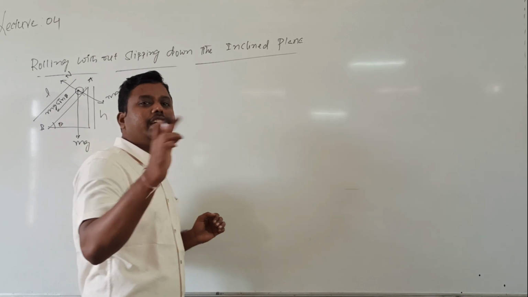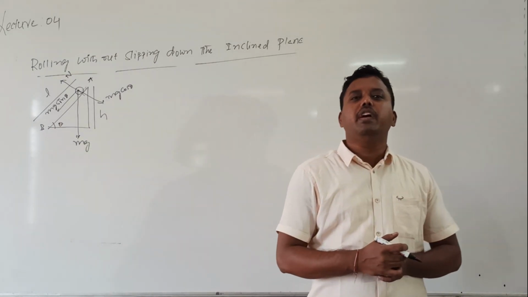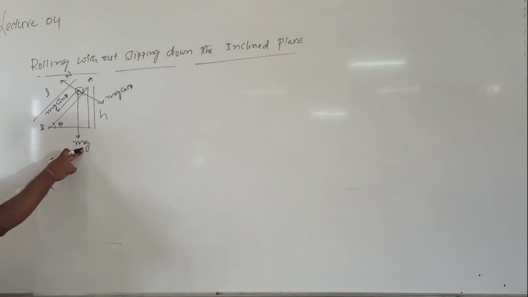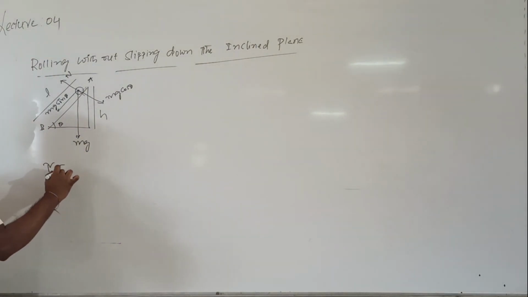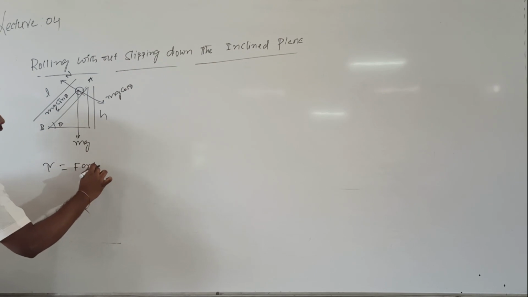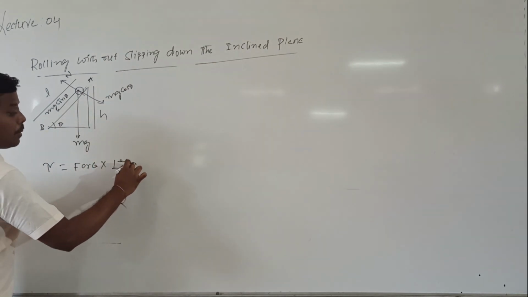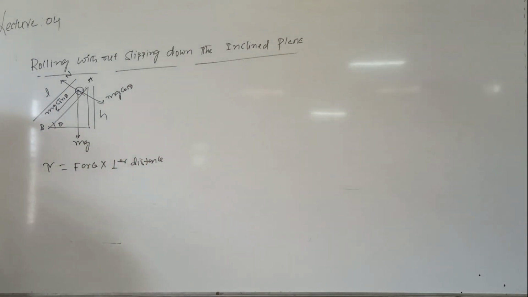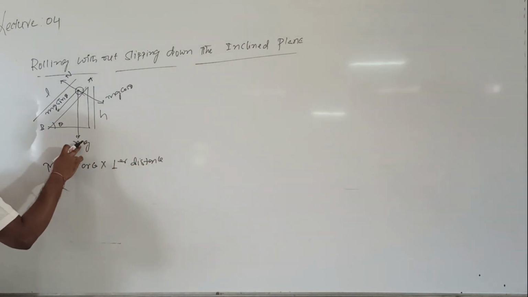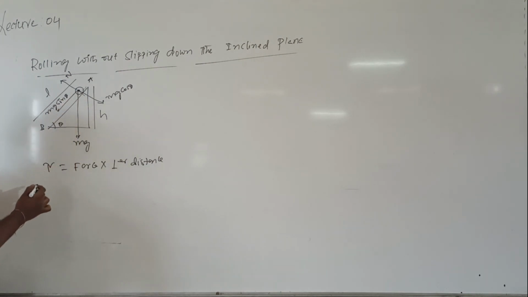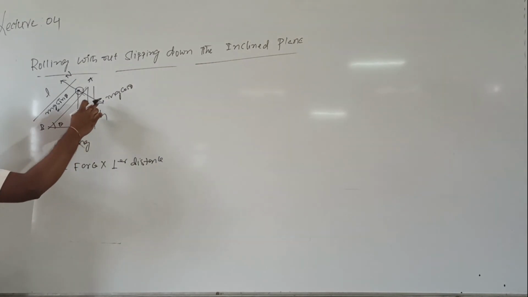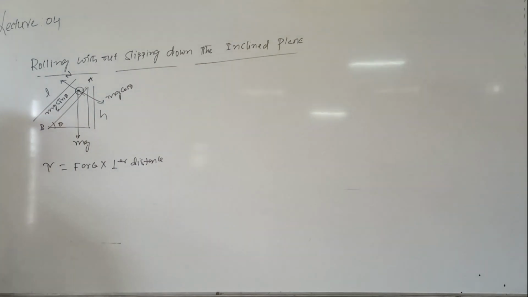But in order to rotate, torque is the reason. So who will provide the torque? Here the torque because of the weight will be 0. Because torque is the product of force and perpendicular distance. Perpendicular distance of what? The line of action of the force from the fixed point. When I consider mg, mg is acting from where? The center. What is the distance value? 0. So that's why mg will not provide any torque. Similarly, mg cos theta is also acting from the center. Perpendicular distance is 0. It also will not provide any torque.